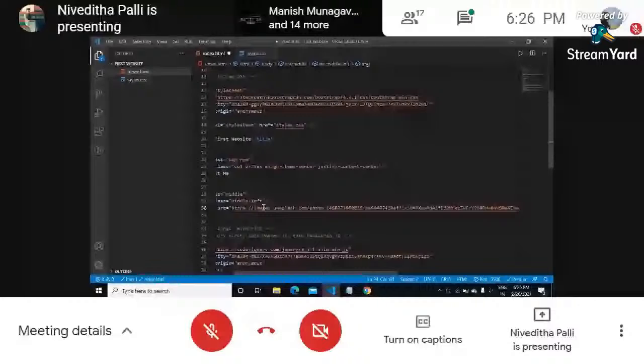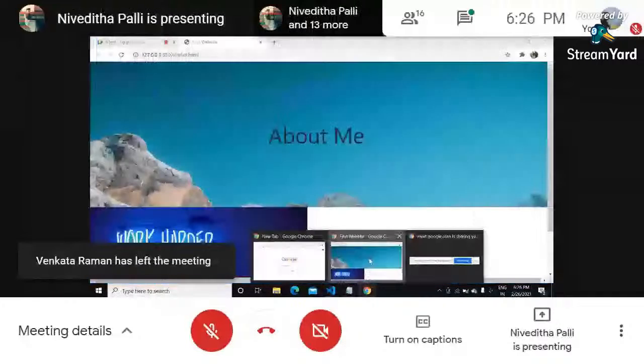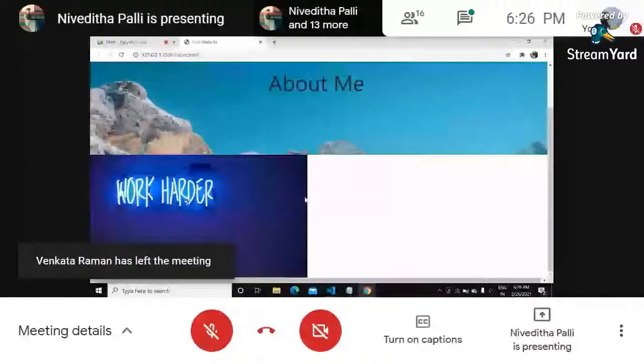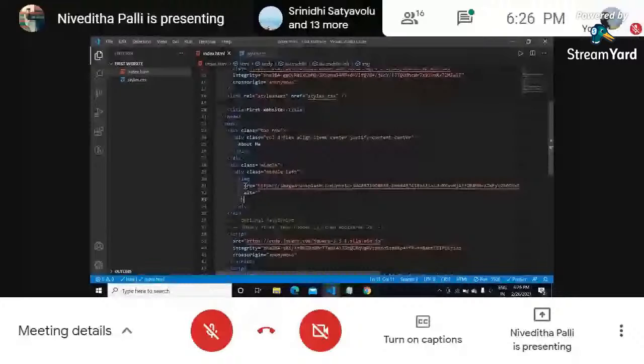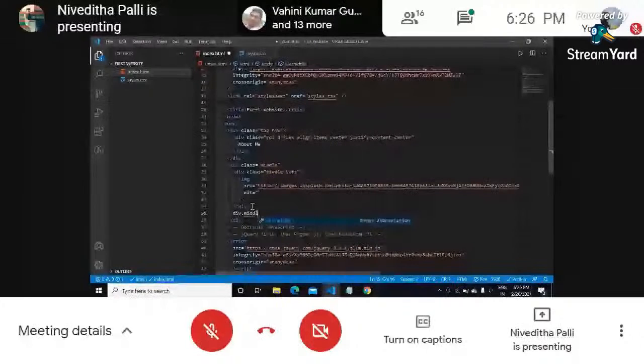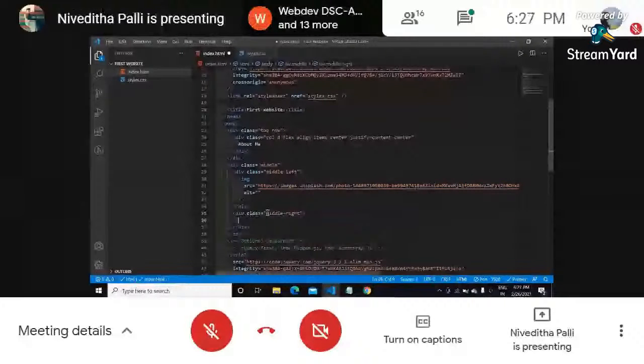We'll see how this is looking. We need to style this. We'll do that in a moment. After the image tag is done, we'll be done with the middle left section. And now this will be the middle left div. Now let us have another div which says middle right. In the middle right, let us have some nice introduction about ourselves. Like